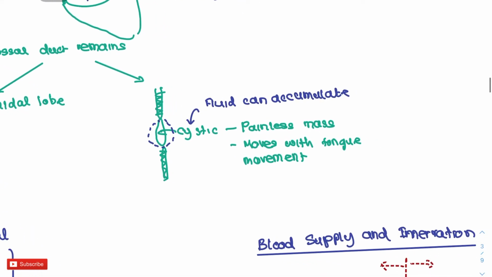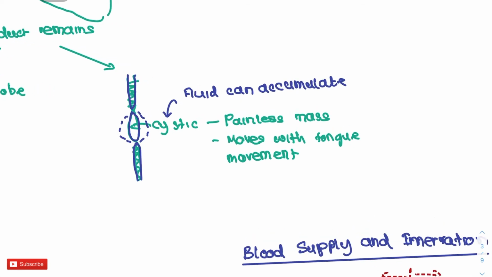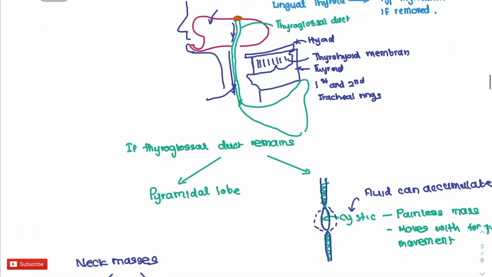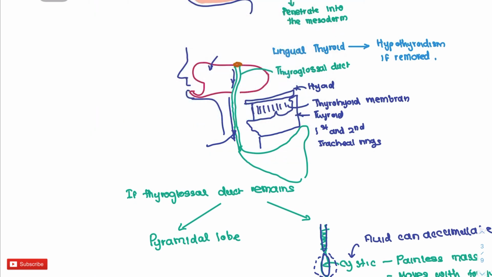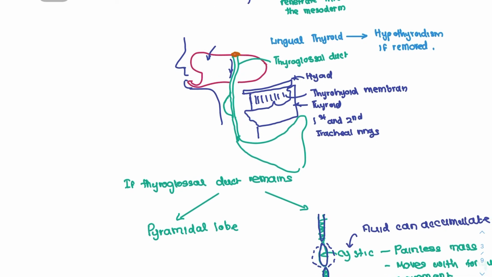And let's look at the degeneration process. So if the degeneration process occurs like this, the top part is degenerated, the bottom part is degenerated, and the duct, remember it's a duct, so part of it does not degenerate in the middle, so it will be a cystic duct. It will form a cyst which will be present on our neck anteriorly. So let's look at it like this. Let me erase the pathway marks. So it will come out like this as a cyst, and if fluid accumulates there, it will lead to